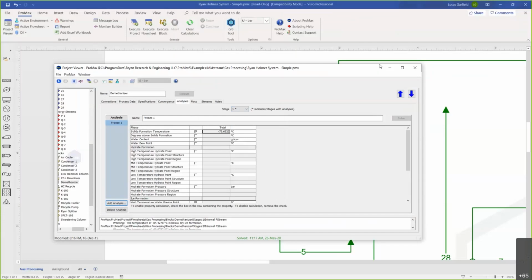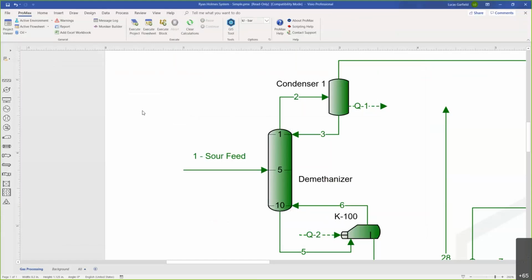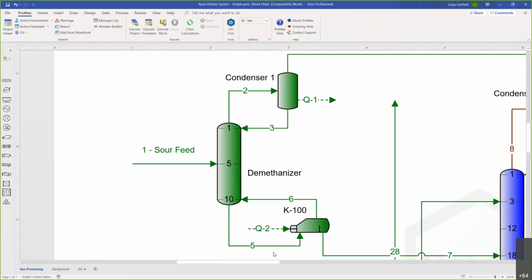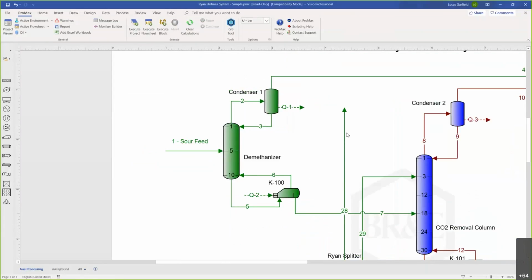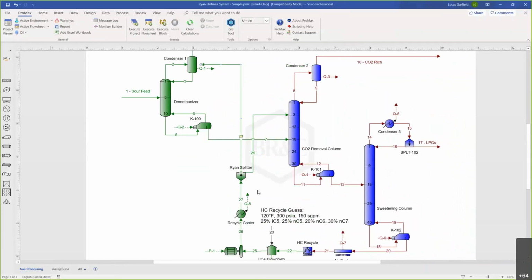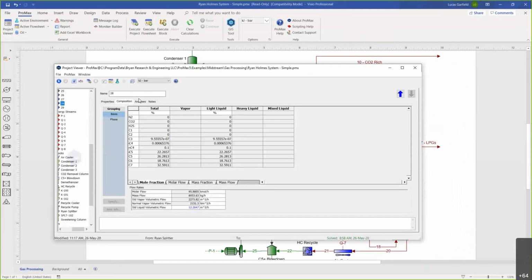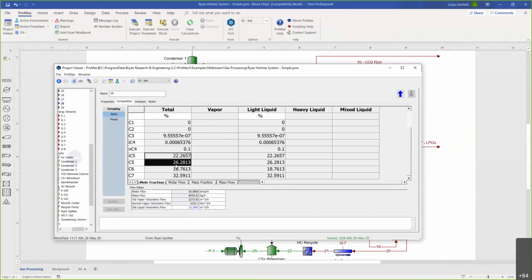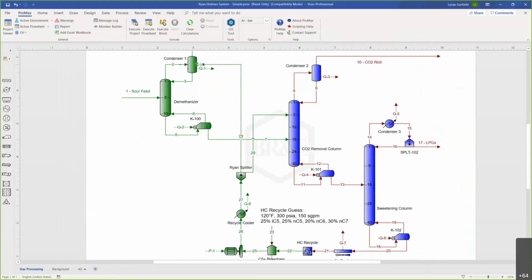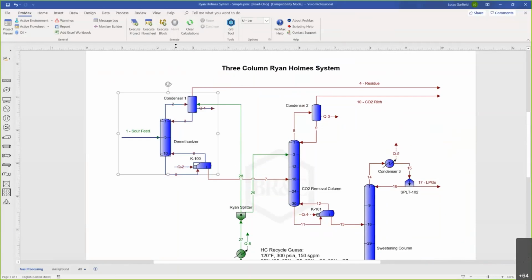And again, we're at about negative 90, so we're too cold. And what we're going to do to fix this problem, we're not going to adjust the temperatures or anything in the column. We're going to add our additive that we discussed earlier. So I've got this stream here, and I'll go ahead and zoom out and let you see the whole picture now. And the additive, if I open it up, is basically our butanes plus. In this case, actually pentanes plus, but this is going to be just pentane, hexane, and heptane. And if I go ahead and I add that to my distillation column and I resolve it,